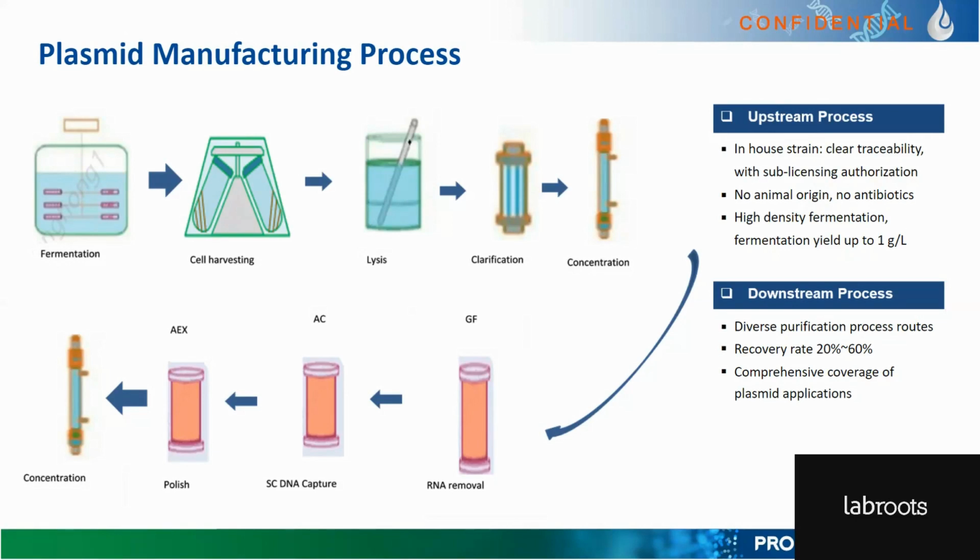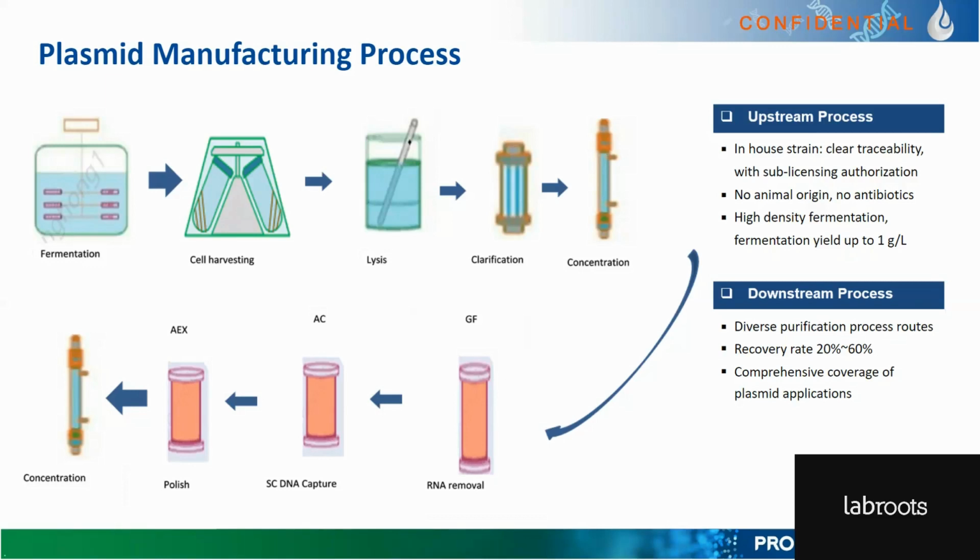So we first do geofiltration, which removes our RNA. Then we move on to affinity columns, which capture the supercoiled DNA, and move on to an AEX process for polishing the material. Further down, we do a UFDF again to exchange out the buffer for our formulation during the